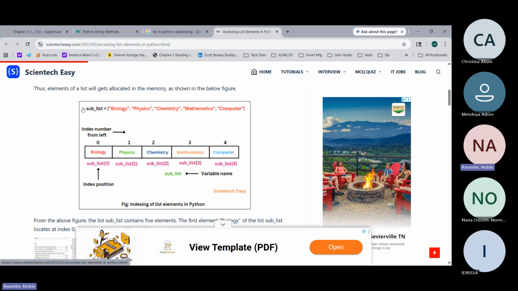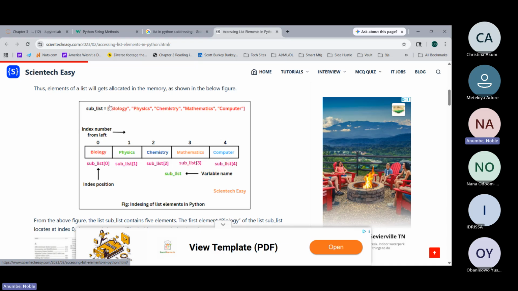Now, the sub list that I have here, to make it a list, I have to put it in square brackets. Sub list is the name of the variable. That's why they say sub list is equal to, variable name. Now, there are different positions: sublist 0, sublist 1, sublist 2, sublist 3. Notice how those numbers are put in square brackets. So if I want to access